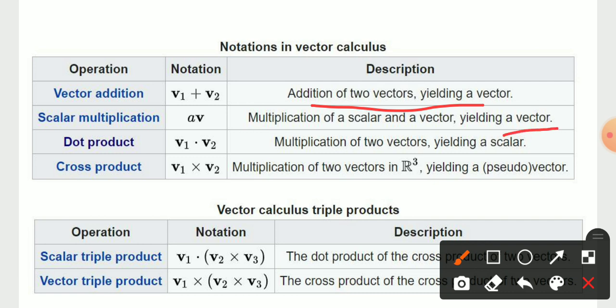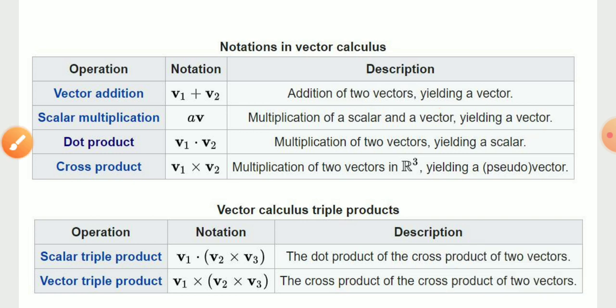And if you convert it to the dot product point of view, it will be converted into the form of a scalar term. And the cross product of two vectors will also be defined as a vector. So for the triple product, the expression is given as v1 dot (v2 cross v3); that is the cross product first, and after that you do the dot product.